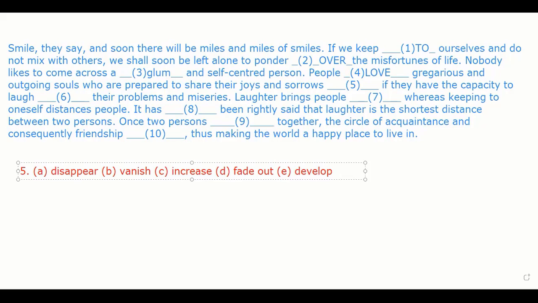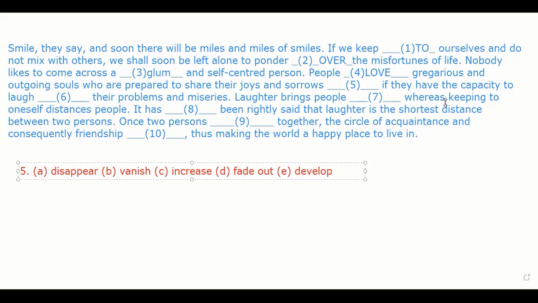Correct. See, practically it may not be possible, but you will love those people who will share their happiness, so that whatever sorrows are there, they go out fast, right? So choose. Will you choose vanish or fade out? Vanish. Moksha, what do you think? Vanish or fade out? Fade out. Devendra, you said B. I'll come to you. Let Moksha explain.